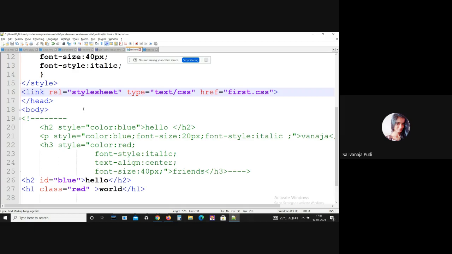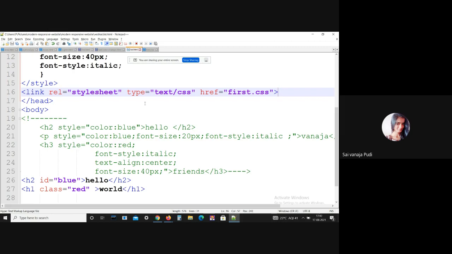Here I am using this link tag. Using this link tag, I have linked both the HTML document and the CSS document, and now all the properties in the first.css file are applied to this HTML document.